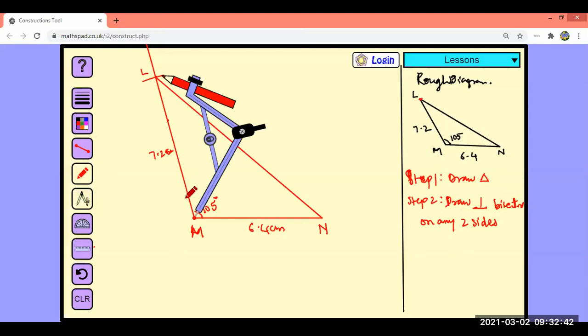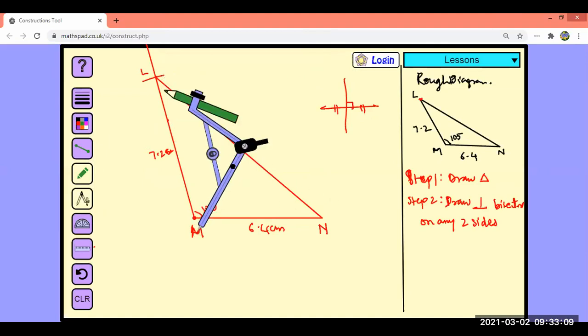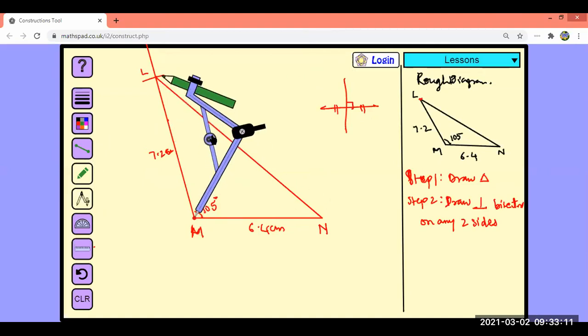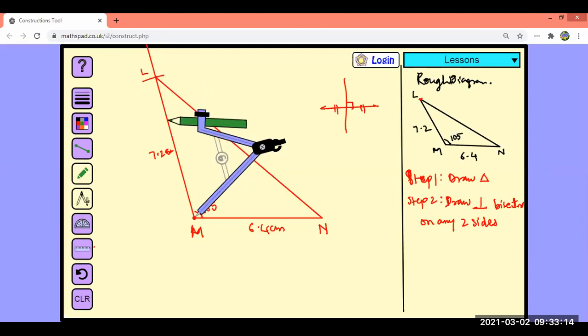Okay. What do you mean by perpendicular bisector? A line which will divide the line segment into two equal parts and will get a 90-degree angle. Okay, so this is a line, then perpendicular bisector will break it into two equal parts, and this angle will be 90 degrees. Okay, so I can't erase this part, let it be over here itself, and let us draw perpendicular bisector to one side, which is MN. Okay, now what are we doing? We are going to draw perpendicular bisector on this side MN.